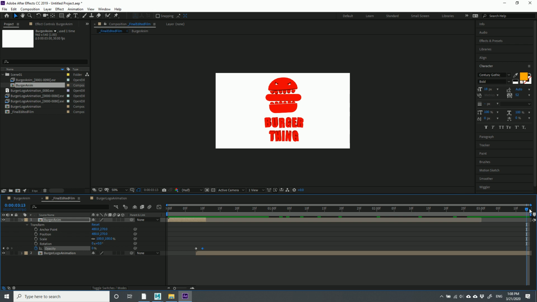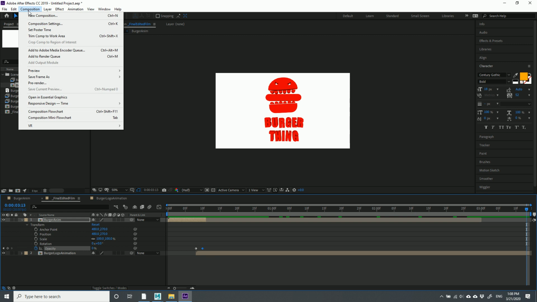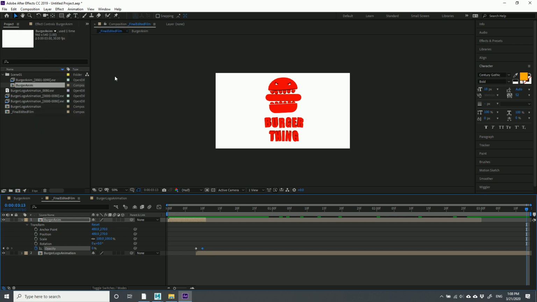So, with this set up, let me just send it to the Media Encoder. And so it's going to do this, and when I press this here, you can see the shortcut, it sends it off to Media Encoder, and it's going to fire up, and on my computer,